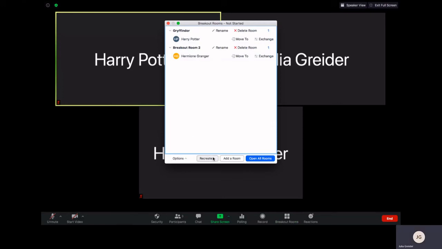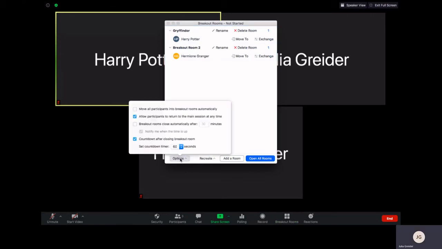Then down here at the bottom, we have some other options. If we click on this button, you can choose whether you want participants to be able to return to the main session at any time. You can choose how long the breakout rooms are going to last for. So maybe you want them to have like a 10-minute discussion, and then